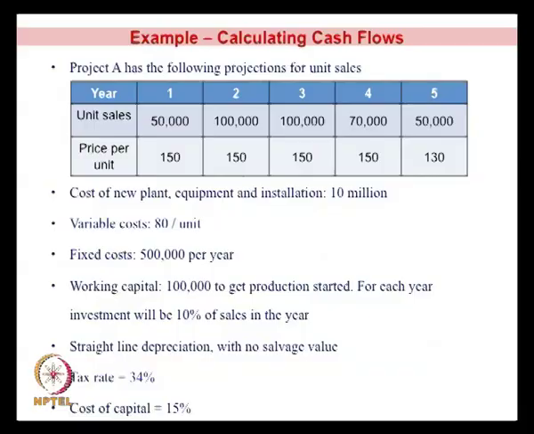In terms of the price per unit, what you actually see is a price per unit of 150 for the first 4 years, and then the price per unit reduces in the 5th year. Why is the reduction in the price per unit in the 5th year? The reduction is because it is possible that the demand for the product has come down, and therefore to incentivize customers to buy the product, you will have to sell it at a lower price. So that is the reason why you normally find the price per unit also reducing towards the end of the